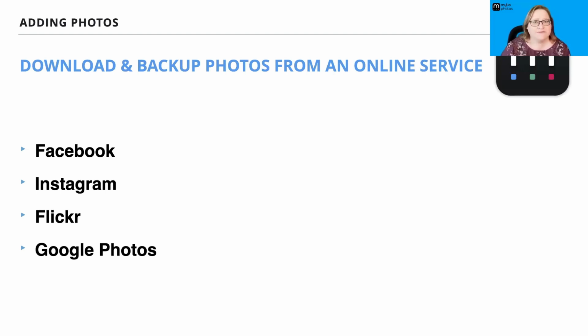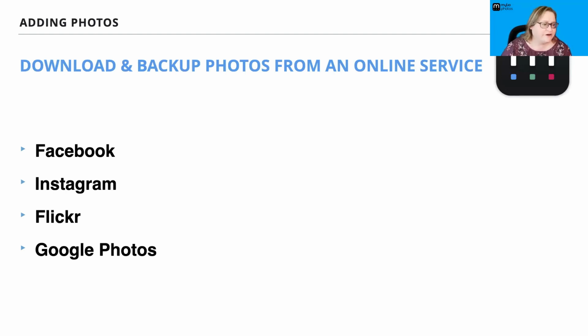Absolutely. Same goes with Facebook. I know a lot of people who shared photos of their kids 5, 10 years ago, and that's the only place those images exist because that was before people were very savvy about backups. It was before people were putting things in cloud services. There's pictures out on Facebook that you've probably forgotten that you've taken. So being able to download and back those up can retrieve some really special memories that you forgot that you